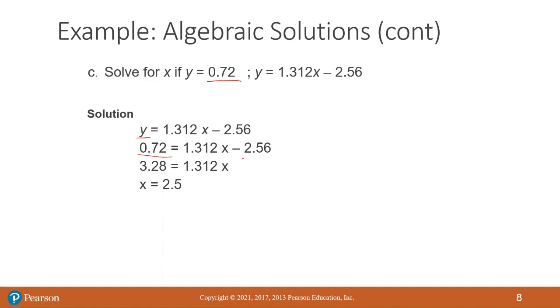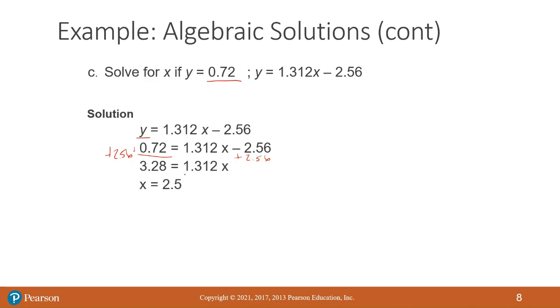Okay, we will get our constants together. All we're doing is adding 2.56 on both sides, so you're doing 2.56 plus 0.72. You can use your calculator if you need to. I don't expect you to have to add these decimals by hand. So 2.56 plus 0.72 gives us 3.28 equals